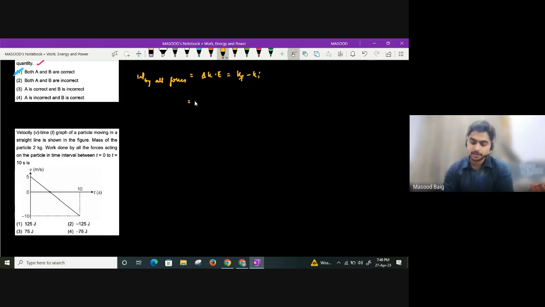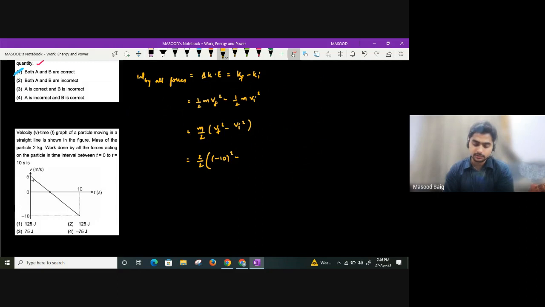So what I can write here, half into mass, let us say, is m v final square minus half m into v initial square. So if I take m by 2 common, I'll get it as v final square minus v initial square. Right? So m value will be how much here? 2 divided by 2. If you look at the graph, after 10 seconds, what is the velocity, beta? Minus 10. So I can write minus 10 square minus,